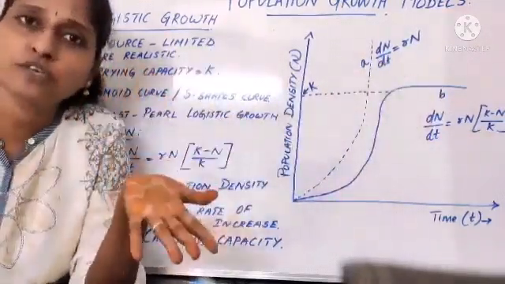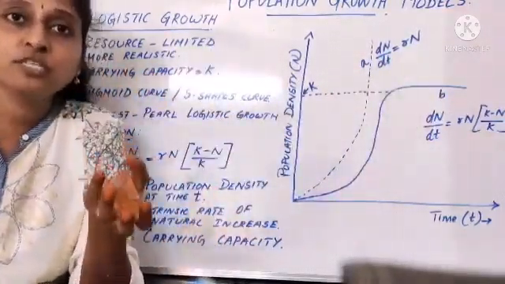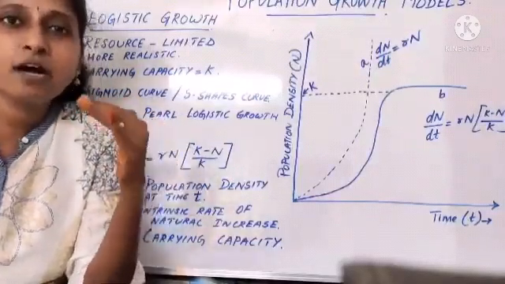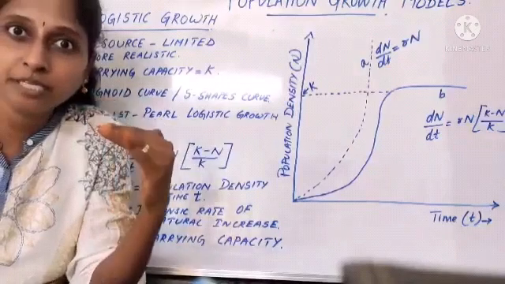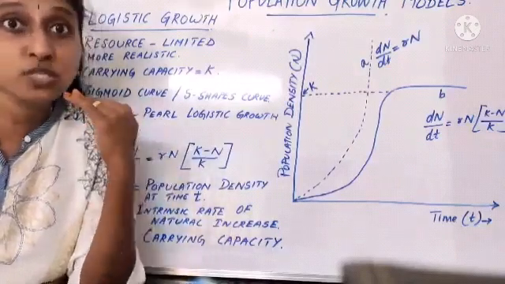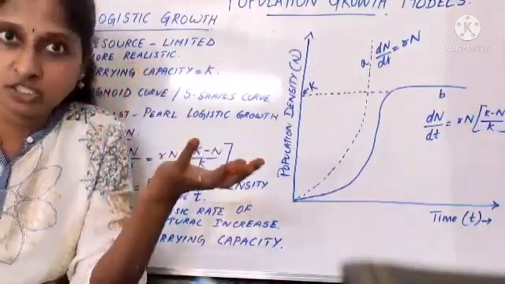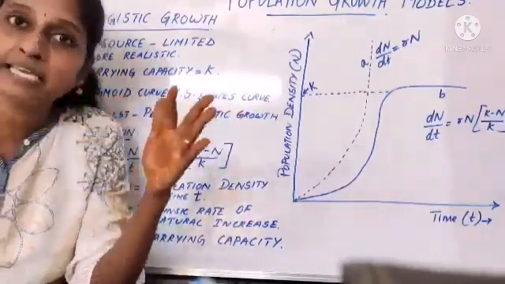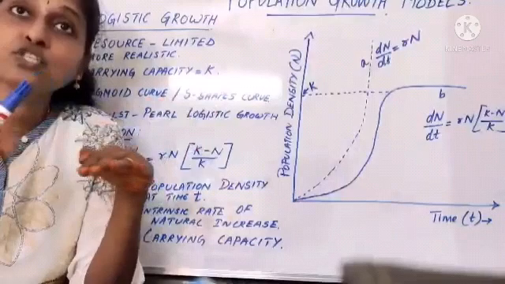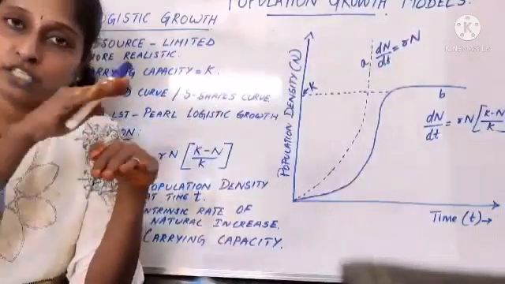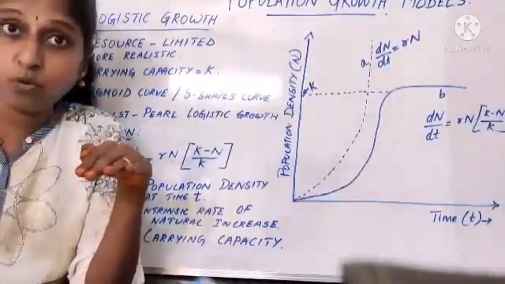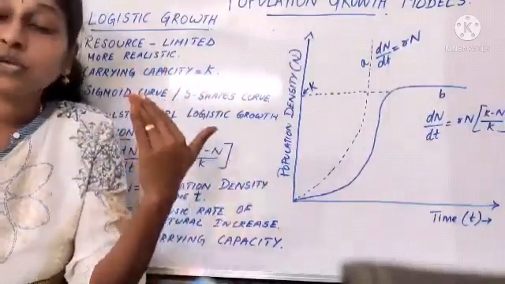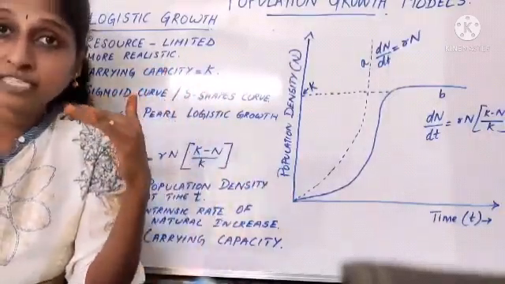That is the case for Earth also. The population, as you are seeing, is going on increasing. When the resource becomes limited, only those who survive the changes and adapt will survive. Those who cannot will die. And thereafter there is no increase and the population becomes stable. Or some calamity comes and the population comes down. The population remains stable.